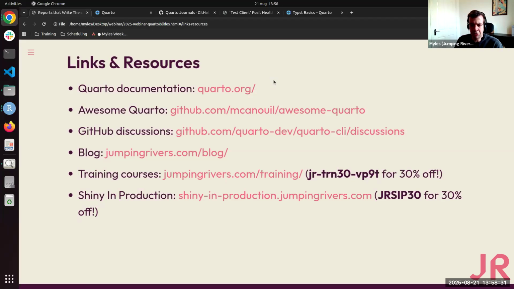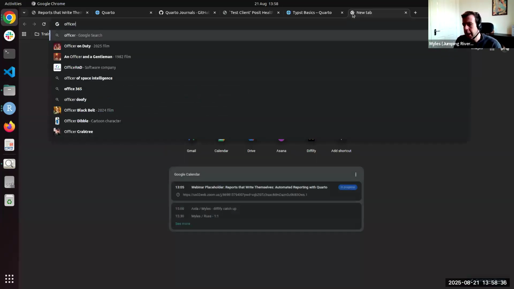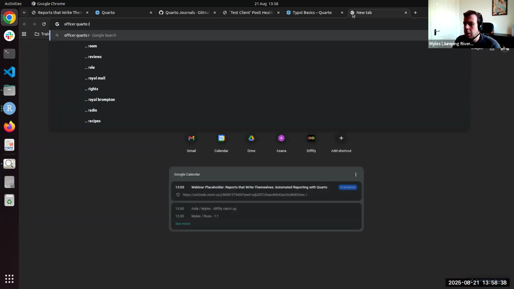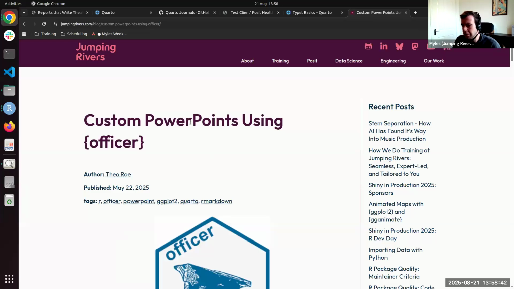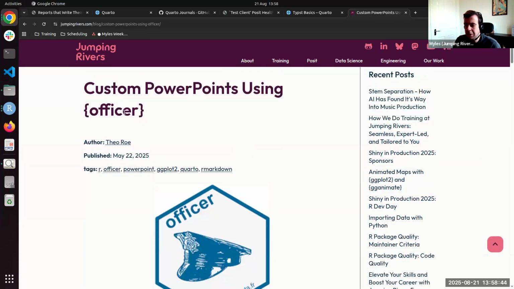There's also a package called Officer, which is quite interesting, where I'll need to find that. Here we go. So we've got a blog on Officer, and essentially the way that works is you can create template PowerPoints or template Word documents in Microsoft, and then you can auto-populate the templates with certain figures and certain tables.